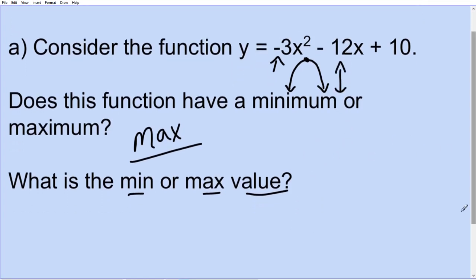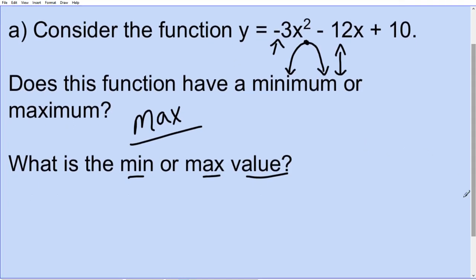In order to do that, we need to go through and do more of the same thing we just did in the previous problem. We need to find the line of symmetry to get the x value. We're going to plug the x value into the formula to get the y value of the vertex. So here we go. Opposite of b over 2a. Don't forget your x equals. So now, if I plug it in, equals,